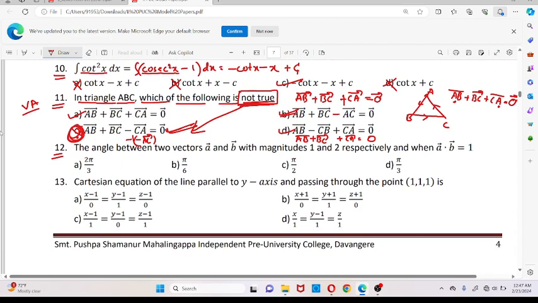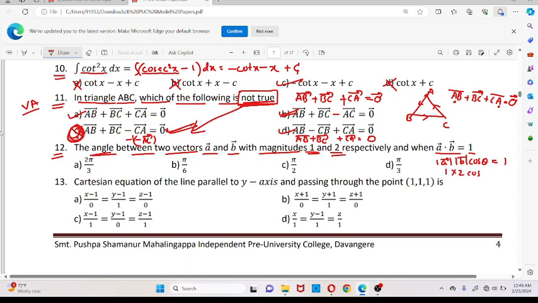So ಏನ್ ಕೇಳಿದಾನೆ ಕ್ವಶನ್? ದ ಆಂಗಲ್ ಬಿಟ್ವೀನ್ ದ ಟೂ ವೆಕ್ಟರ್ಸ್ ಎ ಅಂಡ್ ಬಿ ವಿತ್ ದ ಮ್ಯಾಗ್ನಿಟ್ಯೂಡ್ಸ್ 1 and 2 ರೆಸ್ಪೆಕ್ಟಿವ್ಲಿ, ವೆನ್ ಎ ಡಾಟ್ ಬಿ ಈಕ್ವಲ್ ಟು 1 ಅಂತ ಕೇಳಿದಾನೆ. ಸೊ ಆಂಗಲ್ ಕೇಳ್ತಿದ್ದಾನೆ ಅಂದ್ಮೇಲೆ ಡಾಟ್ ಪ್ರಾಡಕ್ಟ್ ರಿಲೇಟೆಡ್ ಫಾರ್ಮುಲಾ ಇದೆ. ದಟ್ ಈಸ್ ಮ್ಯಾಗ್ನಿಟ್ಯೂಡ್ ಆಫ್ ಎ, ಮ್ಯಾಗ್ನಿಟ್ಯೂಡ್ ಆಫ್ ಬಿ ಕಾಸ್ ಆಫ್ ಥೀಟಾ ಅಲ್ವಾ. ದಟ್ ಈಸ್ ಈಕ್ವಲ್ ಟು ಏನಿದೆ? 1 ಇದೆ. ಸಿನ್ಸ್ ಮ್ಯಾಗ್ನಿಟ್ಯೂಡ್ ಆಫ್ ಎ ಅಂಡ್ ಮ್ಯಾಗ್ನಿಟ್ಯೂಡ್ ಆಫ್ ಬಿ ಇಸ್ 1 and 2 ಅಂತ ಕೊಟ್ಟಿದ್ದಾನೆ, ದಟ್ ಈಸ್ 1 into